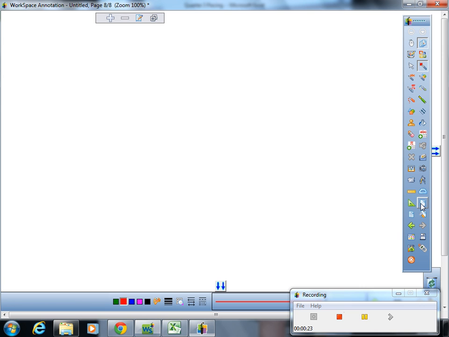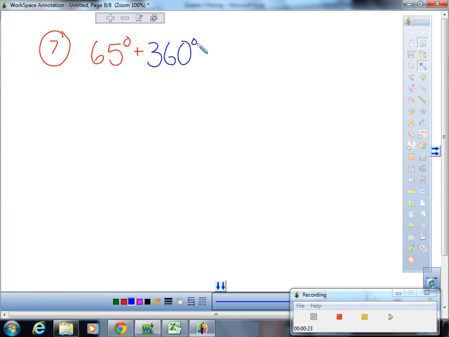Okay? All right, the next set of directions. Find an angle with a positive measure and an angle with a negative measure that are coterminal with each angle. So, number 7, this is the easy version. You guys are good at this. So if you think about what we just did, coterminal means it shares the ending result with the same angle. So if we wanted to find another angle that looked just like 65, what do we add? We add 360, and so the first answer to that is